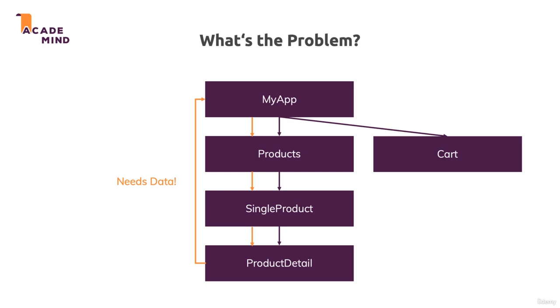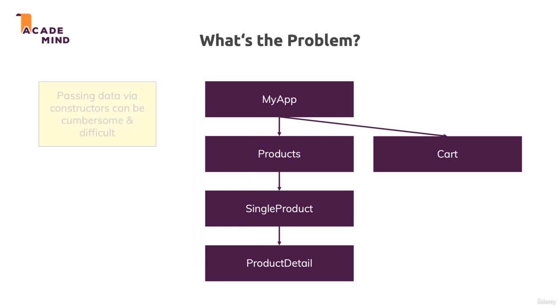We pass them as arguments to our widgets, and that can lead to very long chains of here's an argument, please forward it, here's an argument, please forward it, where we pass data through widgets that don't care about it just because some child widget cares. And that's a problem we want to fix with state management, because it can be cumbersome and difficult to pass data through constructors, and besides that extra hassle as a developer, which we don't want to have, it can also